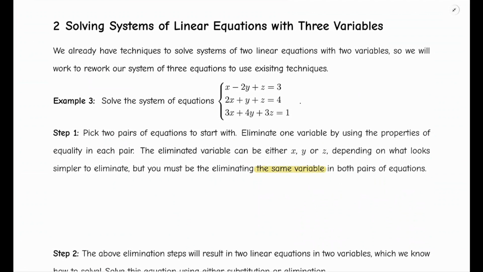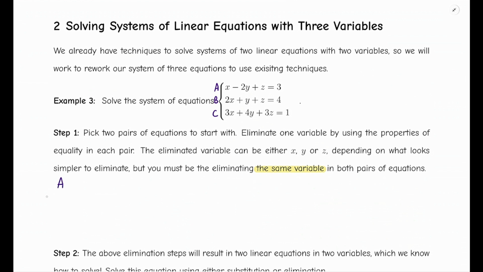So now usually when I do this, I do label my equations. So I'm going to call the first equation A, the second equation B, and the third equation C. And when I look at the variables, the ones that look easiest to eliminate to me are the z's. So I'm going to take